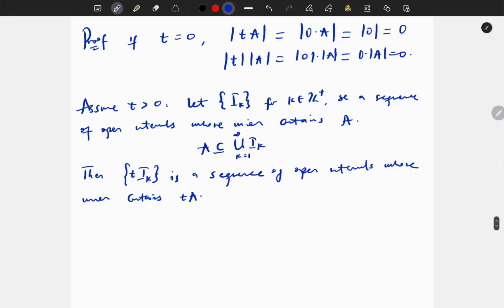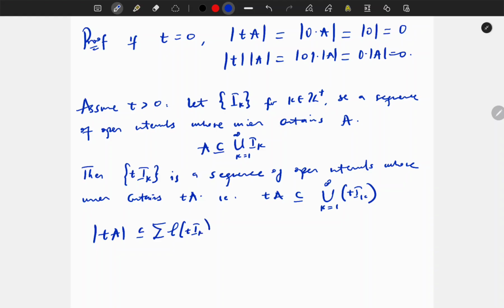That means tA is a subset of the union over k equals 1 to infinity of tI_k. So by the definition of outer measure, the outer measure of tA is less than or equal to the summation of the length of tI_k,